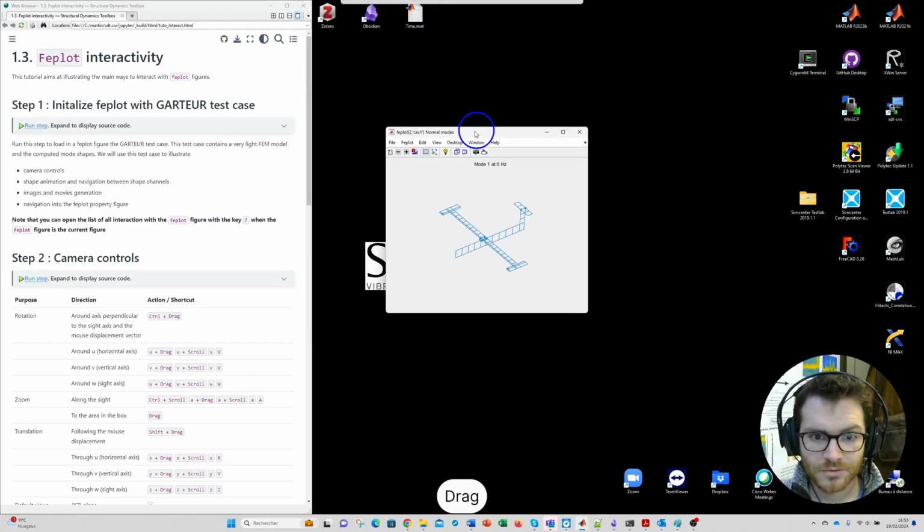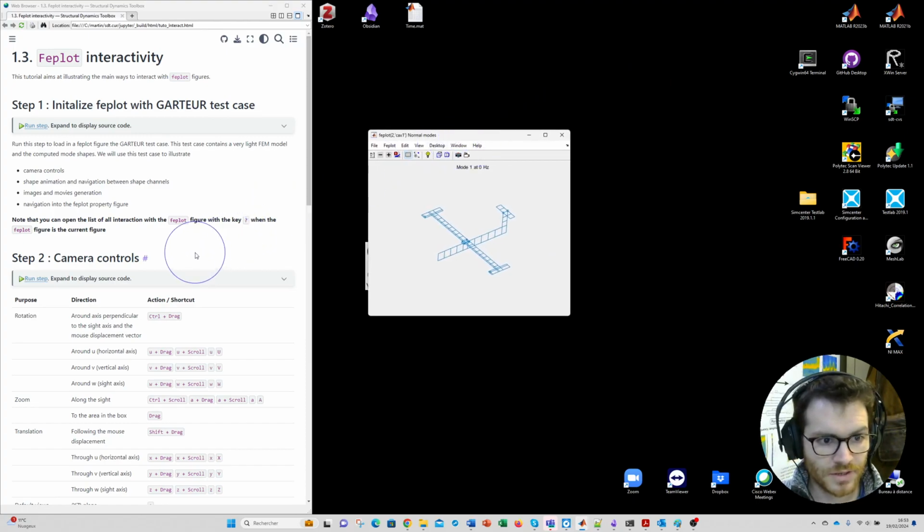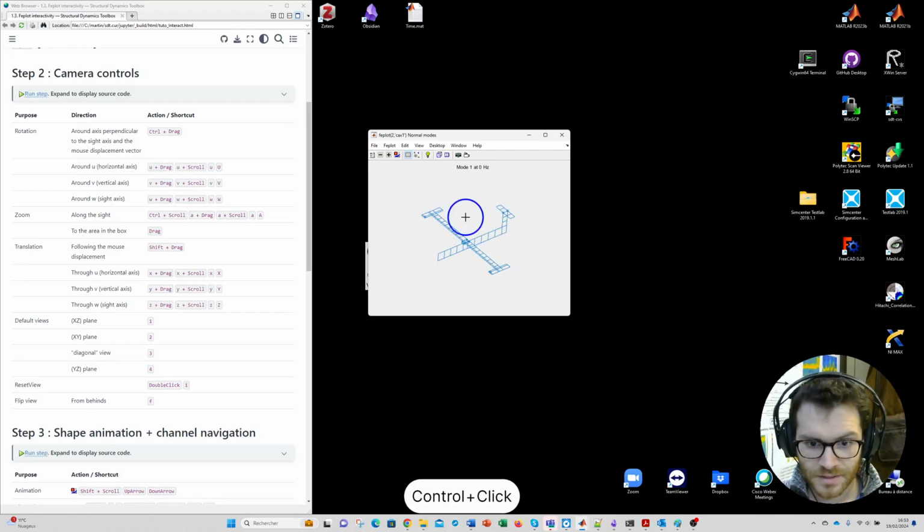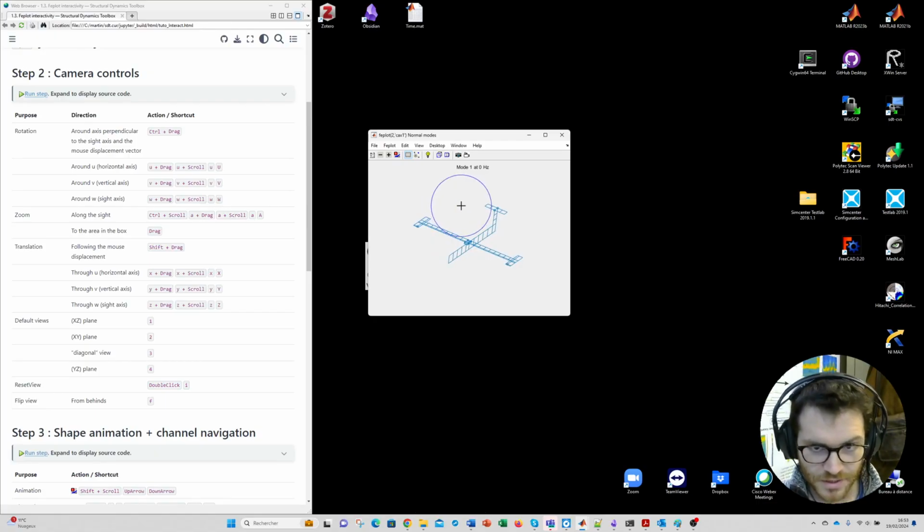So now let's talk about how to control the camera. The first thing we want to do is to rotate around this finite element model. To do so, you can press Ctrl and left click, and now when you drag, this will rotate the camera around the model. To have finer control over which axis the camera turns around, you can press the U button